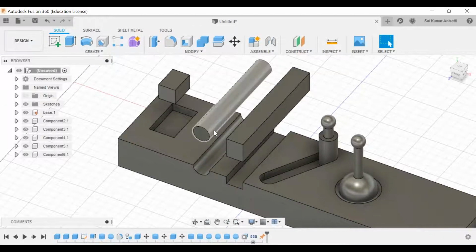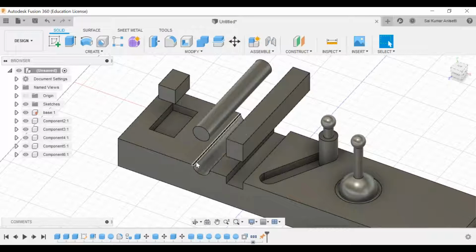If you have a necessity that this particular part is going to revolve in the slot and also needs to slide, then you need to give a cylindrical joint. It depends on what type of assembly you are making. So that should be kept in your mind.